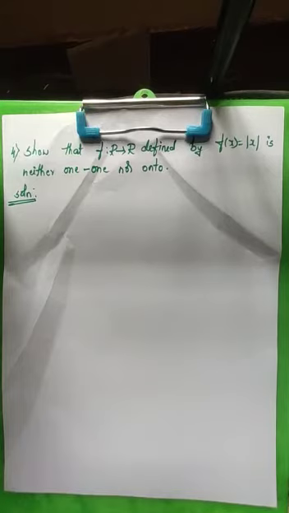I hope you know the definition of a one-one function. What do you mean by a one-one function? Distinct elements from the domain set should go to distinct images, correct? And then what do you mean by onto? Whatever element you take from the codomain, it should be an image of some element in the domain, or else you can also say that the codomain should be equal to the range. But what do you mean by range? Range is the set of all images of that particular function.